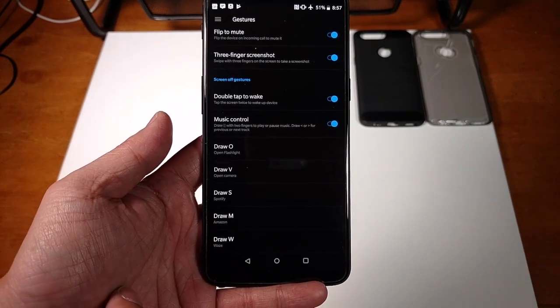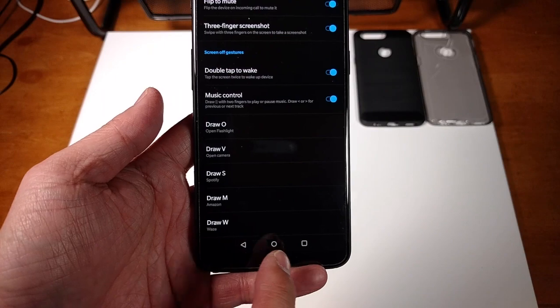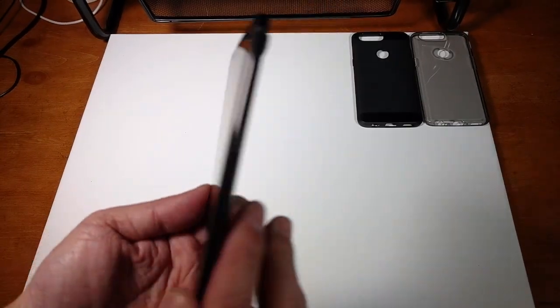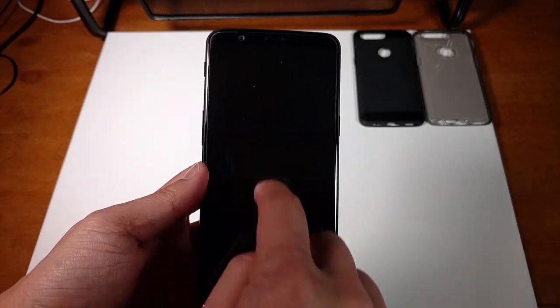Open the camera with a V, Spotify with an S, draw an M for Amazon, and then this is where I open up GPS with a W. So let's check that out real quick. If I do an O, flashlight comes on, see it, draw it again, flashlight turns off. Draw an S for Spotify, look how fast that is. M for Amazon,